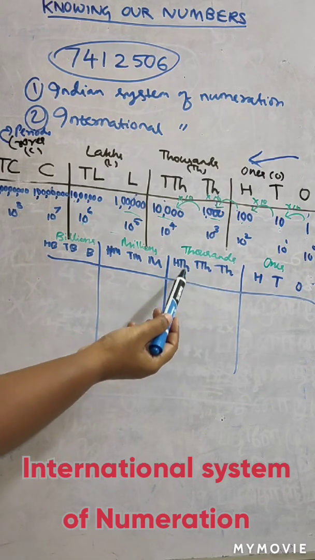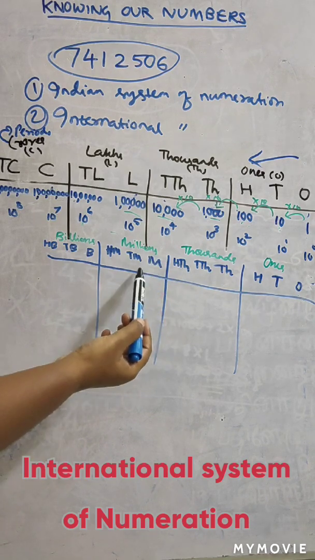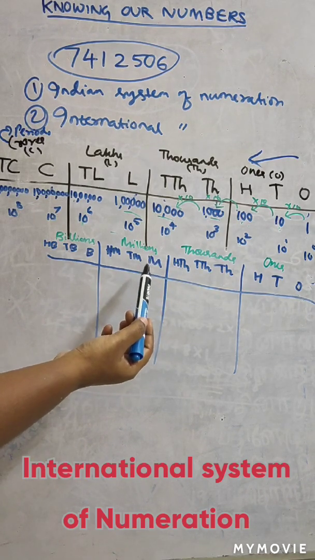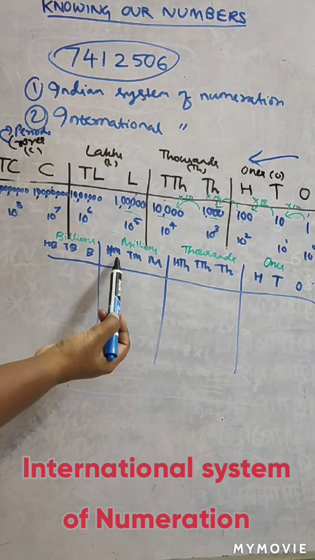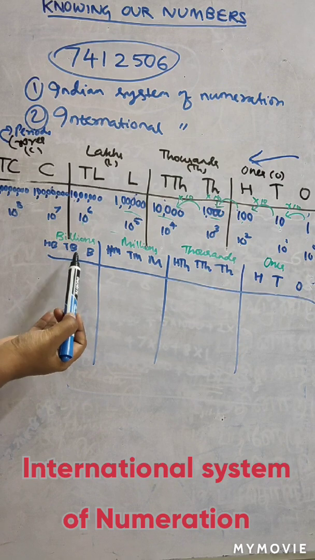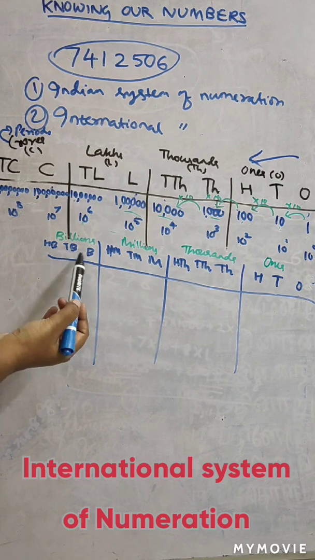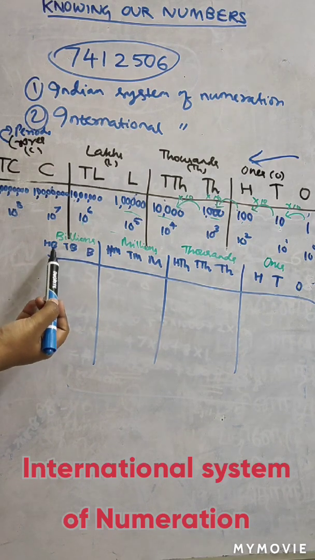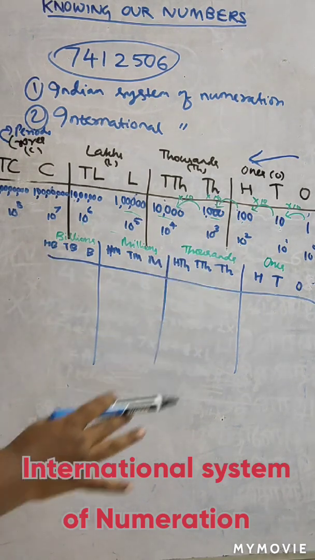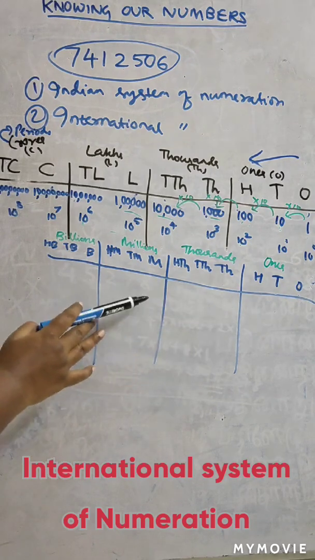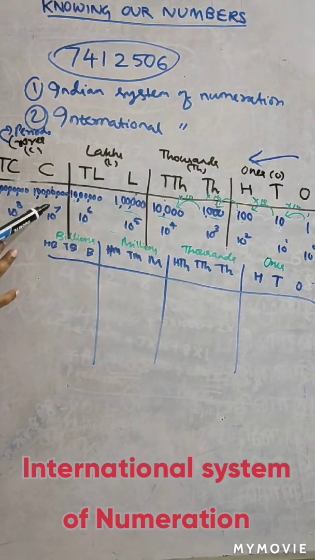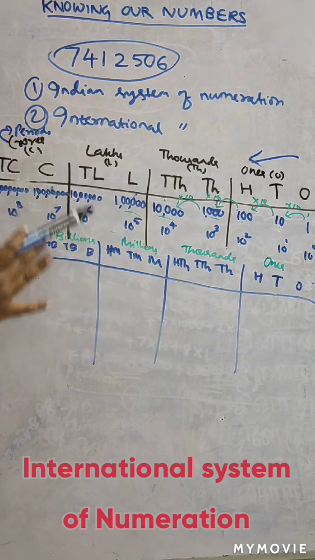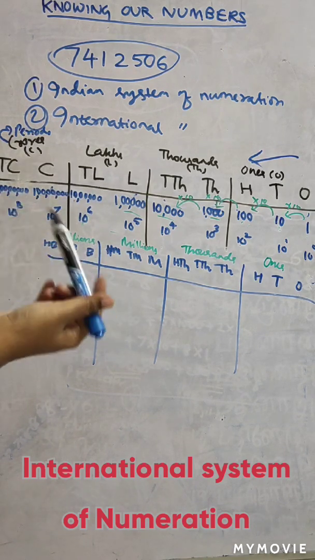So it is 1000, 10,000 and 100,000. Okay. If we move on to the next period, the millions, we have million, 10 million and then 100 million. So we have 3 place values again. Moving on to the billions period, we have billion, 10 billion and 100 billion. So again 3 place values here. So in the international system we have 3, 3, 3 and 3, and so on. But in Indian it was 3, 2, 2, 2. So that's the only difference between these two systems of numeration.